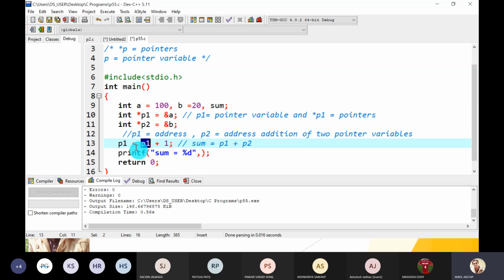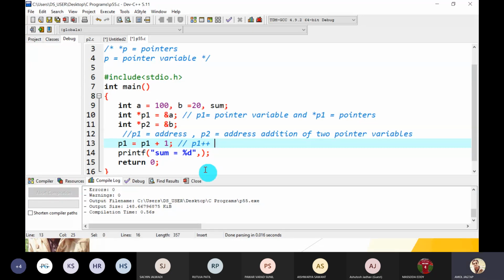And what is the meaning of P is equal to P1 plus 1? It means P1 plus plus. Yes, it is possible to add 1, 2 or subtract or divide. Okay, 1 or 2 or 3, any value from a single address. Yes, it is possible. Understood the difference?